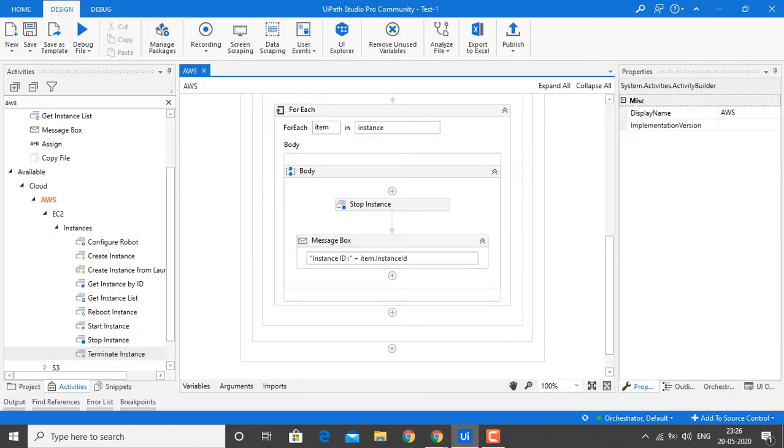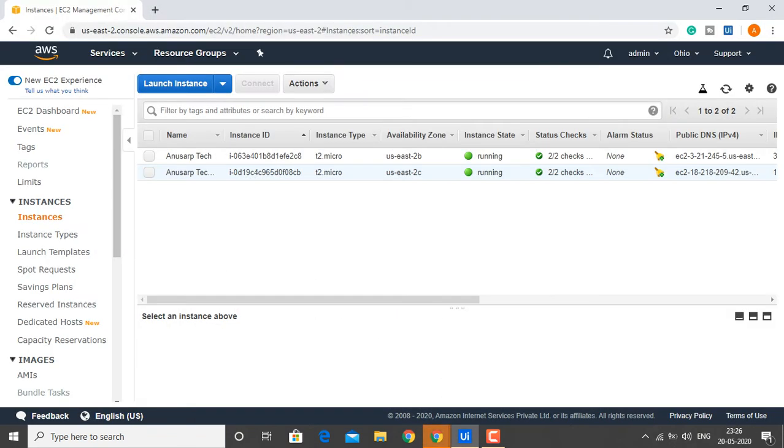Let me show you guys. I have used a Stop activity to stop all the running instances. If you use the Reboot activity, the instances will reboot. This would be very useful in real-time scenarios, where we get the configurations in an Excel file, so that we can create multiple instances.